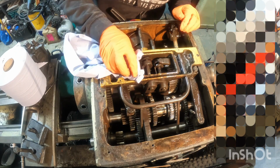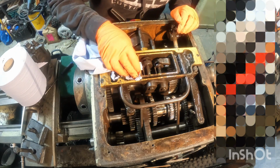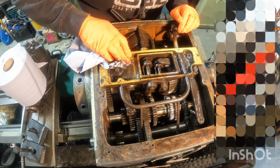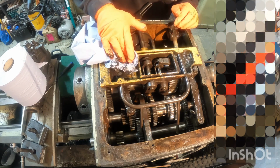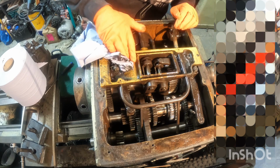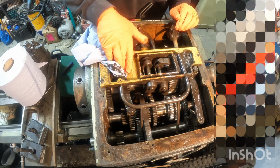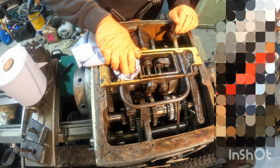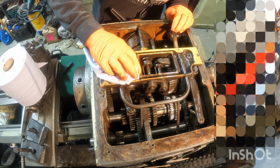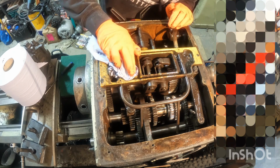But as I said earlier, I'm just going to do my best to get as much of this crud out there before I attempt to flush the gearbox through, just to give it a fighting chance, you know. And then when I reinstall everything, I'll be putting an oil filter on too, again, just to give it that extra